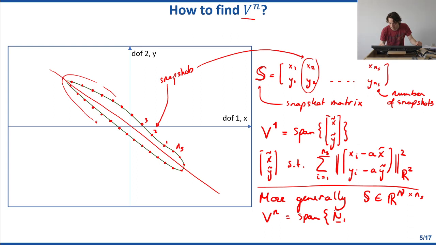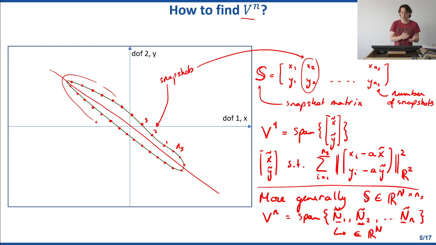So x1 tilde, x2 tilde, going all the way to small n, where each of these vectors is a vector in our big N. So we're looking for an n-dimensional subspace of our finite element space, which is our big N, at least in the matrix or vector notation. And we're looking for that in such a way that it has this least squares nature to it, that each point in our snapshot matrix is really well represented by some linear combination of our vectors. Okay,